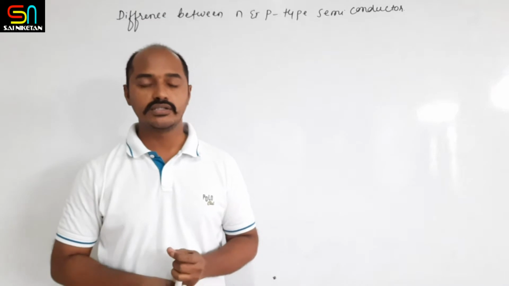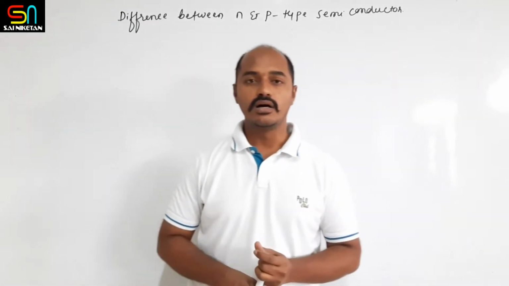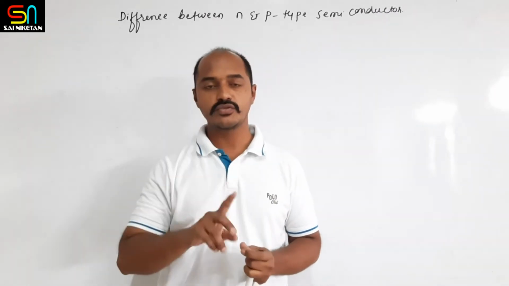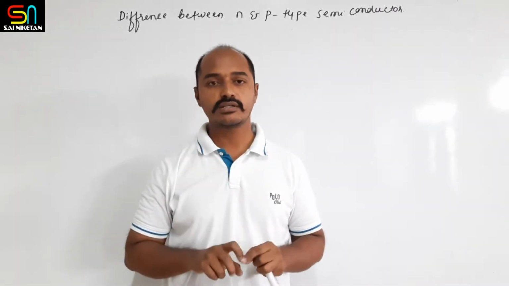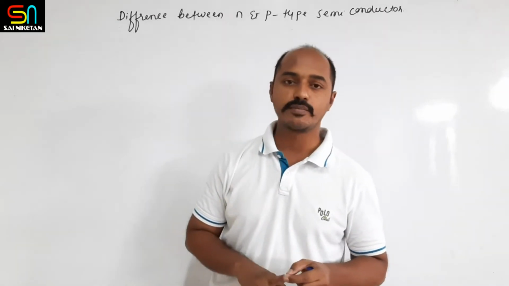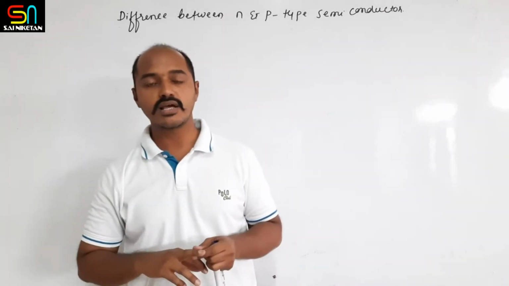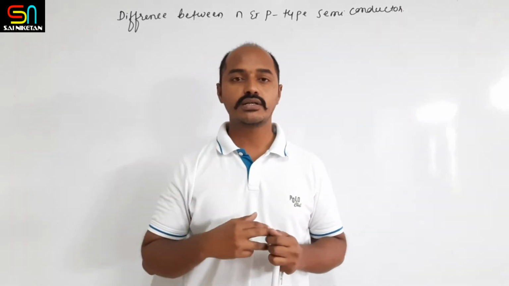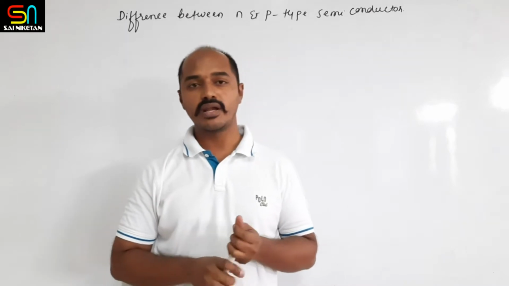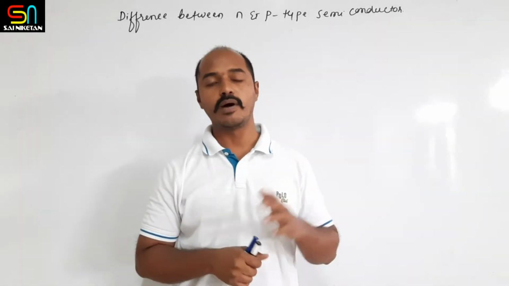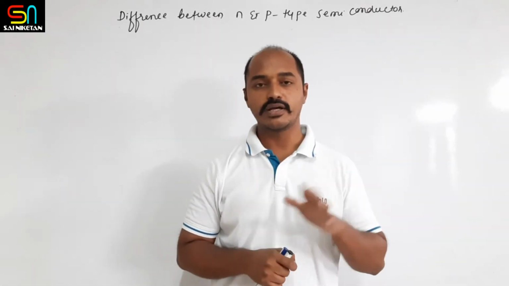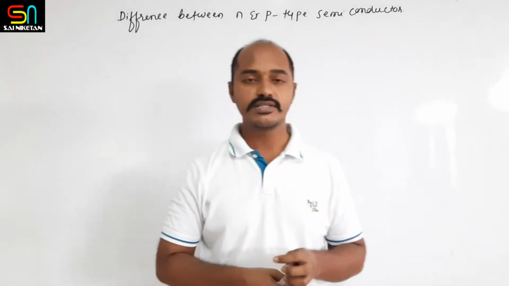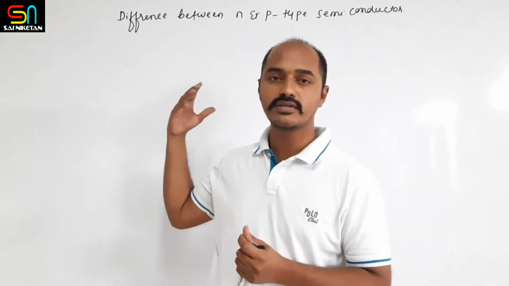And here in the last class we have discussed the types of extrinsic semiconductors, where we have studied there are two types. One is the p-type semiconductor and another one is the n-type semiconductor. N-type semiconductor can be obtained by doping a tetravalent semiconductor with a pentavalent impurity, whereas p-type semiconductor can be obtained by doping a tetravalent semiconductor with a trivalent atom or trivalent impurity. This is the basic thing about p-type and n-type, and today we will discuss the difference